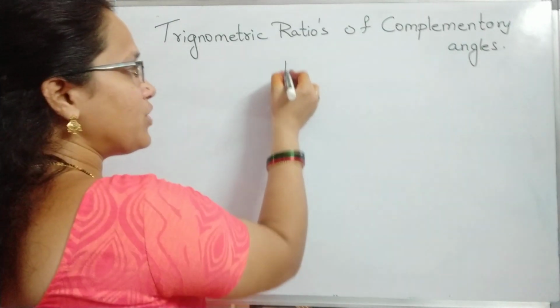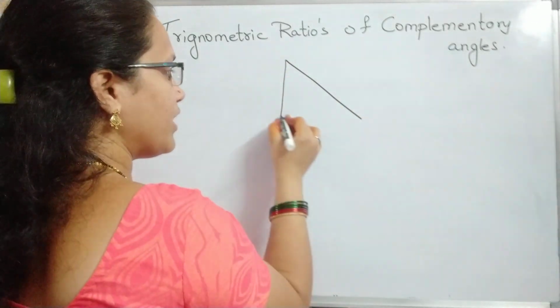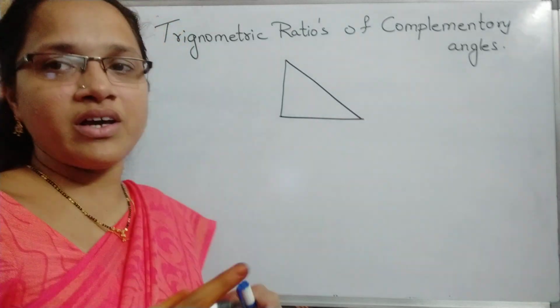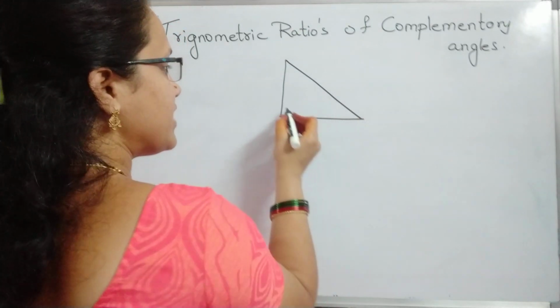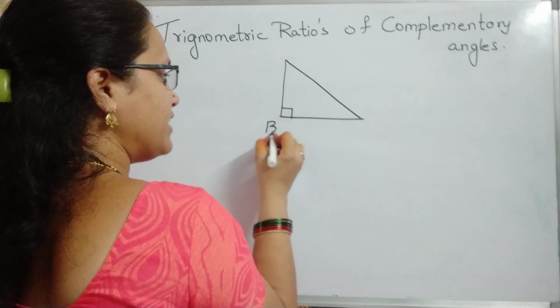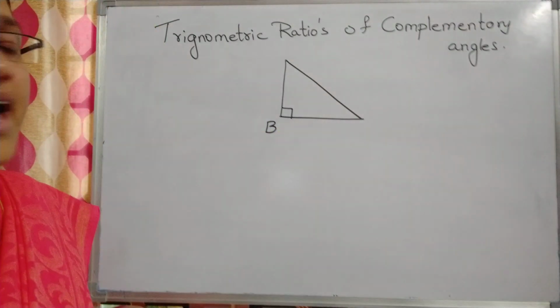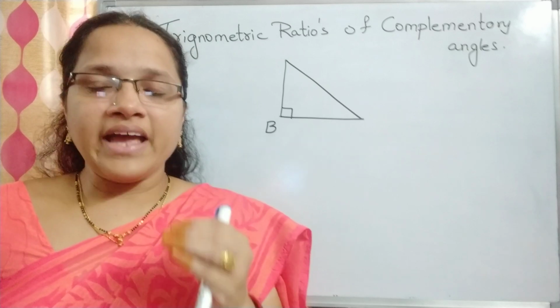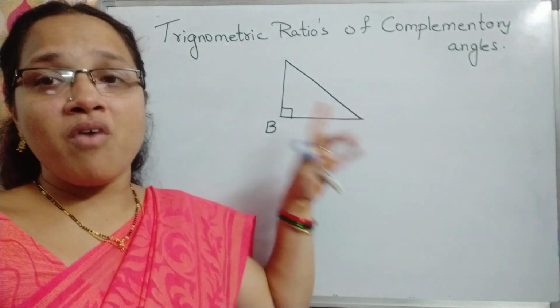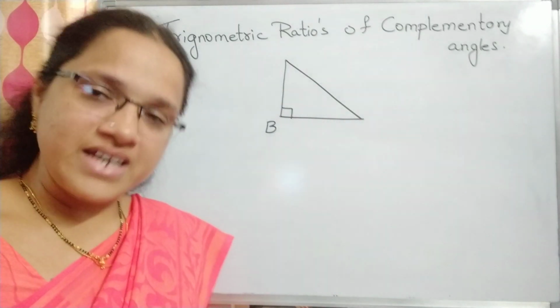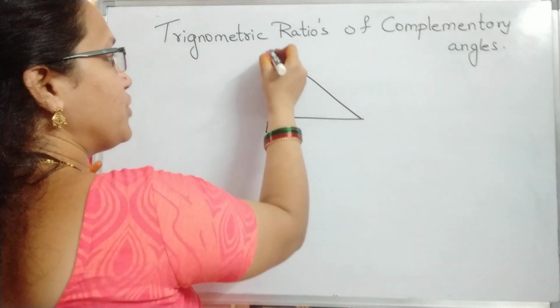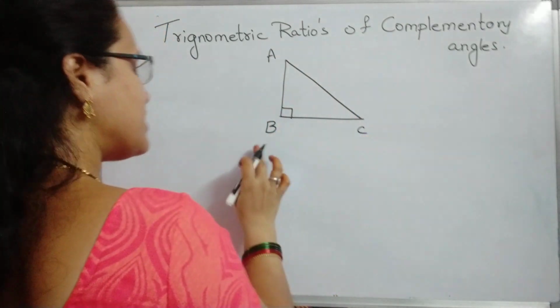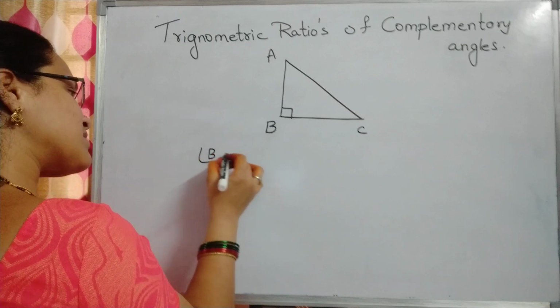Okay, suppose you take a triangle, children. Usually we take only a right angle triangle, yes or no? So that is a right angle. Suppose this angle B is 90 degrees. According to the angle sum property, what is the sum of the other two angles? Yes, 90. Why? Because see, suppose you take A, C. If it is given that angle B is 90 degrees,